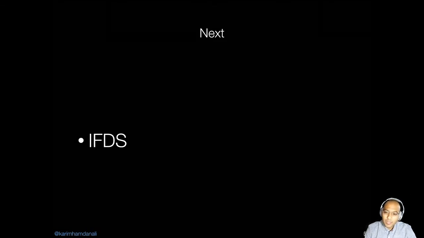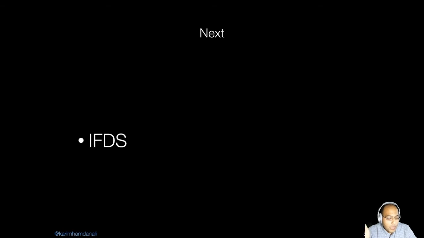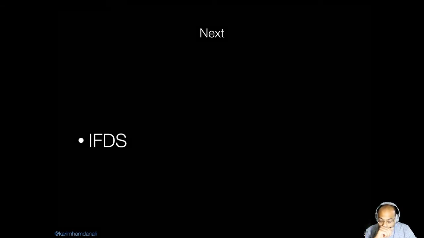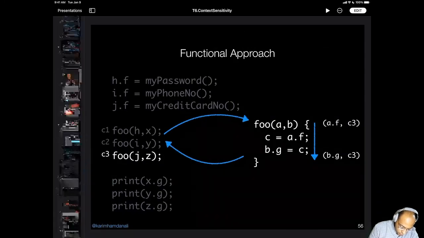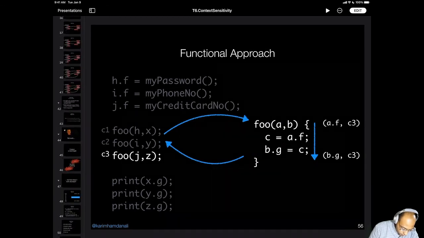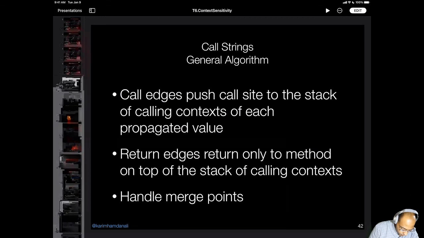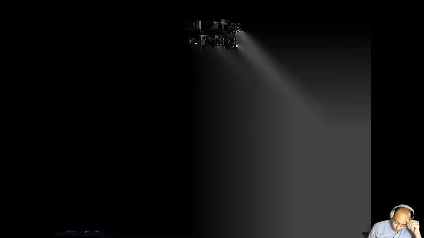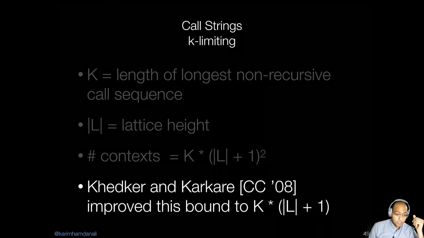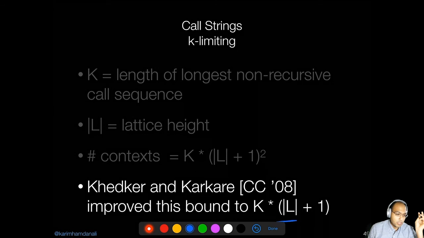And generally speaking, it's not always the case that there is only one winning algorithm. Again, it depends on the kind of analysis you want to do. In certain cases, calling context, if you go back here to k-limiting for the calling context, if your L is not that big and your K is not that big, then call strings approach is good enough. There is no point in going to the functional approach, right? Because you don't have a domain for your analysis that is that large